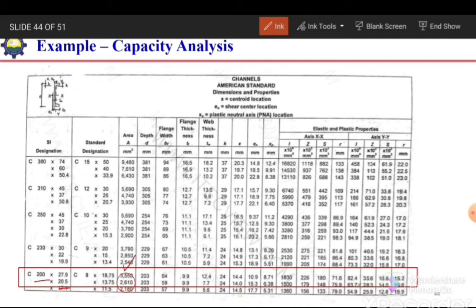So depth is 203 millimeter. Flange width that we need will be 59 millimeter. We also need thickness of flange, which is 9.5 millimeter. Similarly, we need this X value. X means, if we have this flange, the distance from centroid up to the connection plane. So we need this value X,